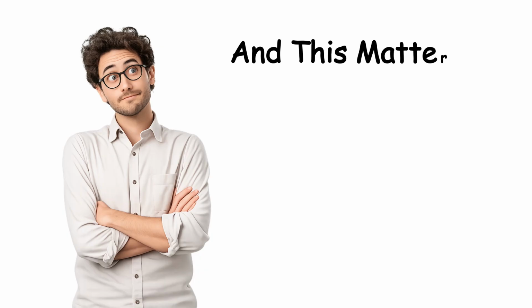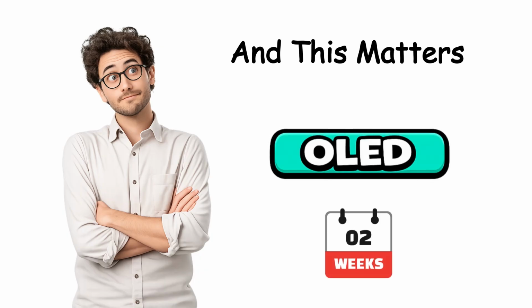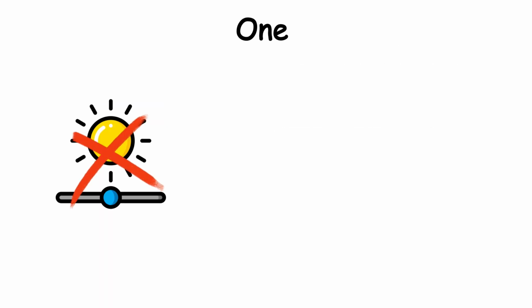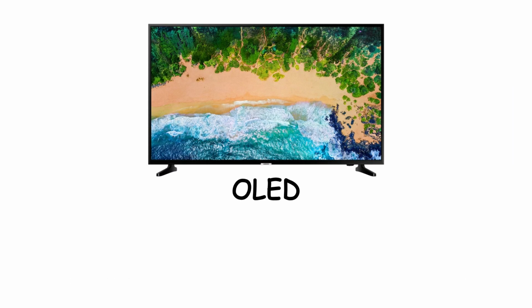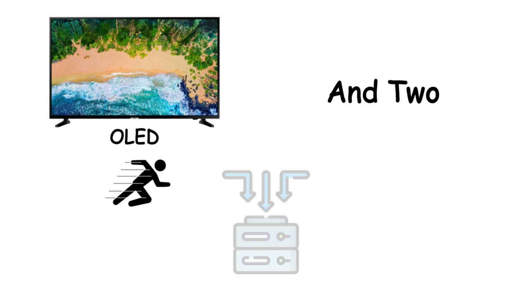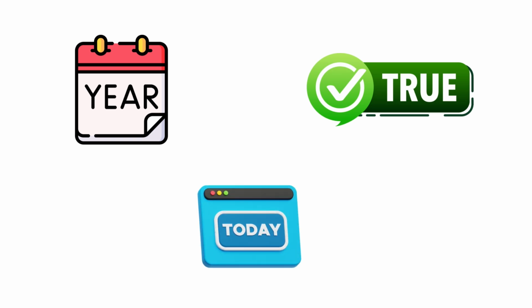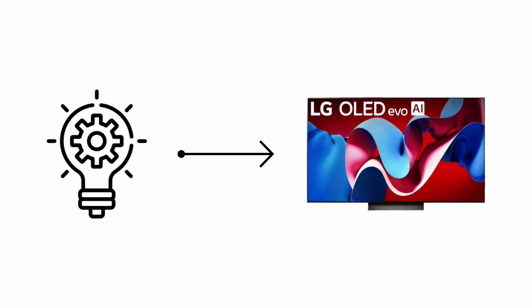But, and this matters, OLED has 2 weak spots. 1, it's not the brightest. In a bright, sunny room, it can look a little washed out, though newer OLEDs are catching up fast. And 2, burn in. You've probably heard the horror stories. And years ago, they were real. Today, modern OLEDs have built-in protection,